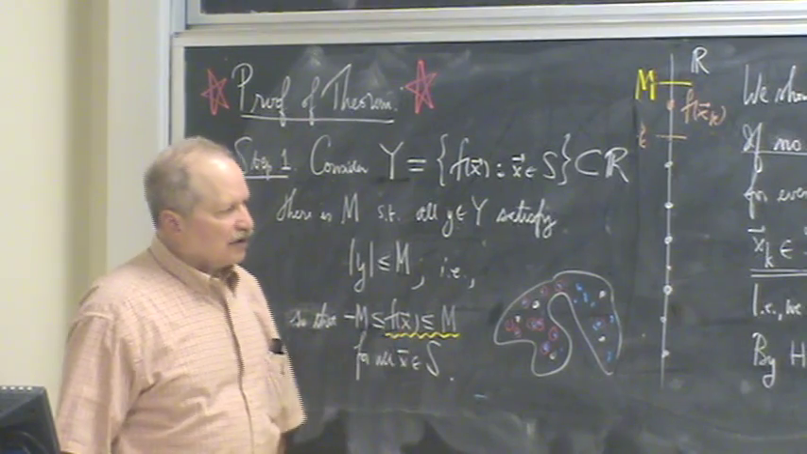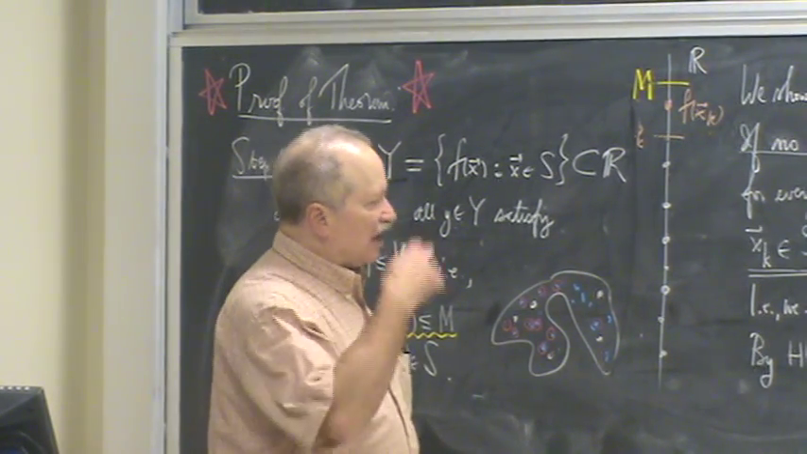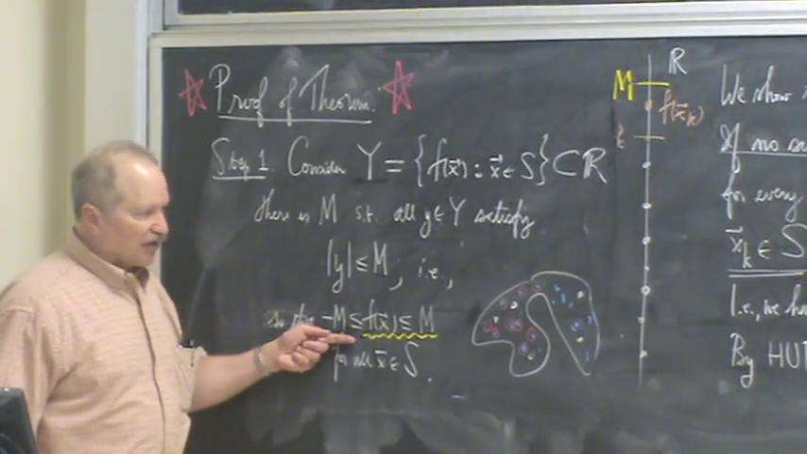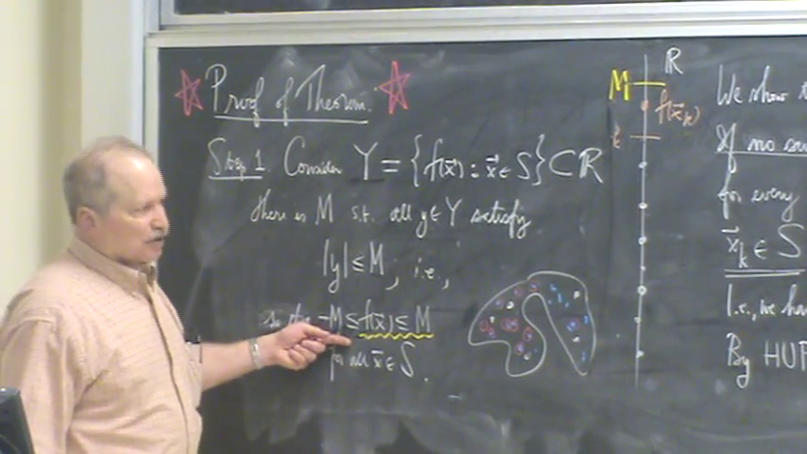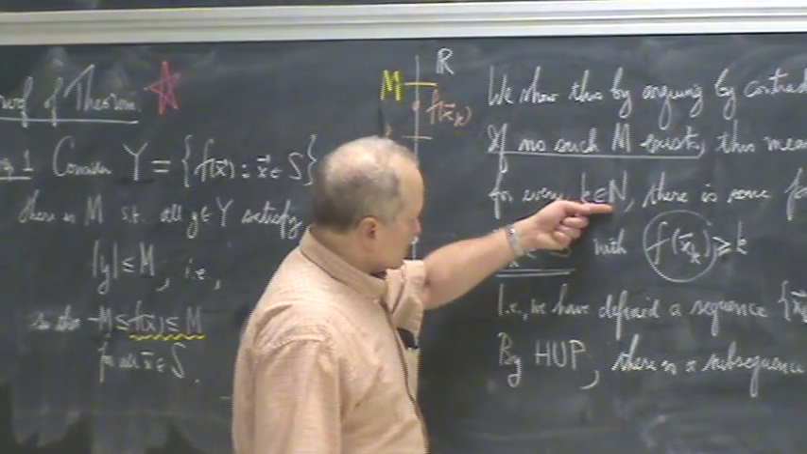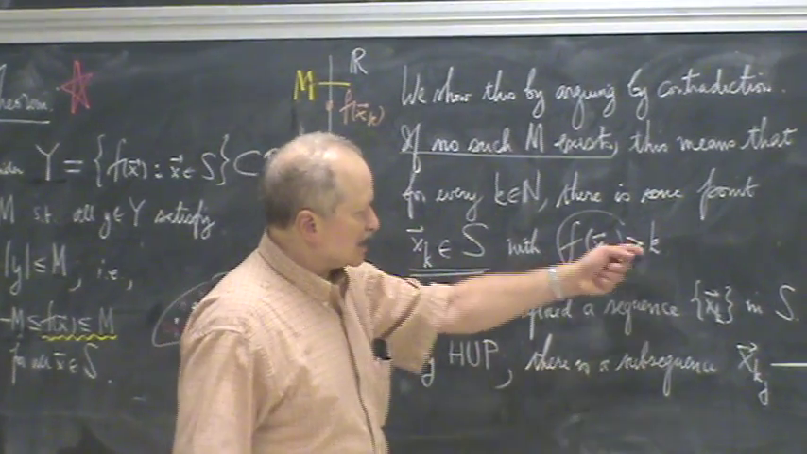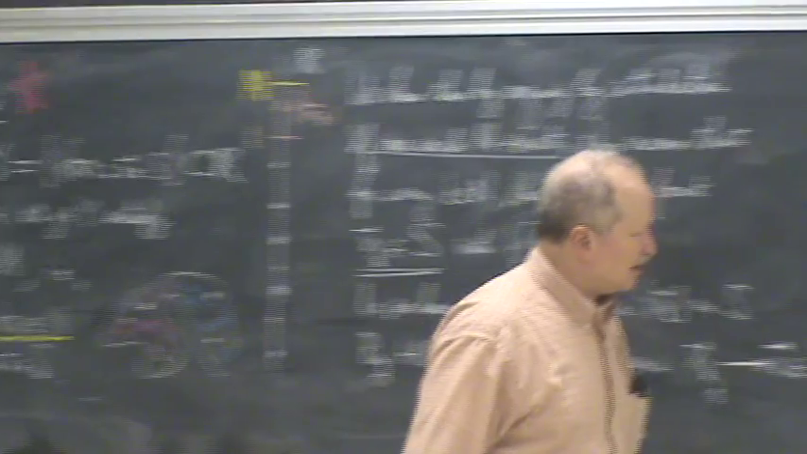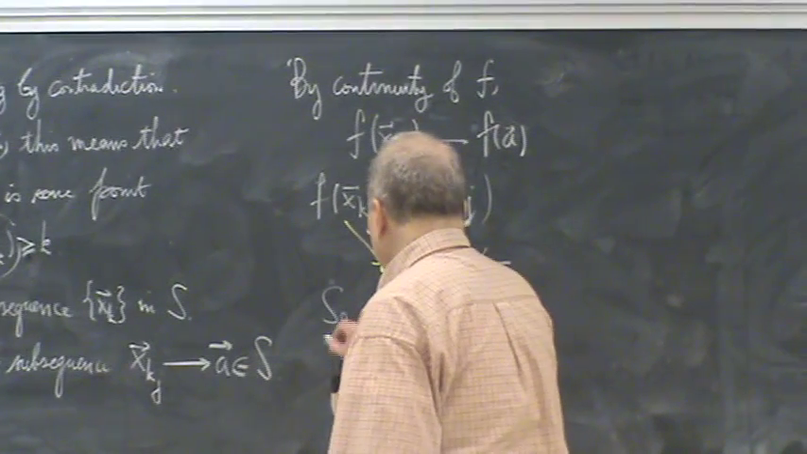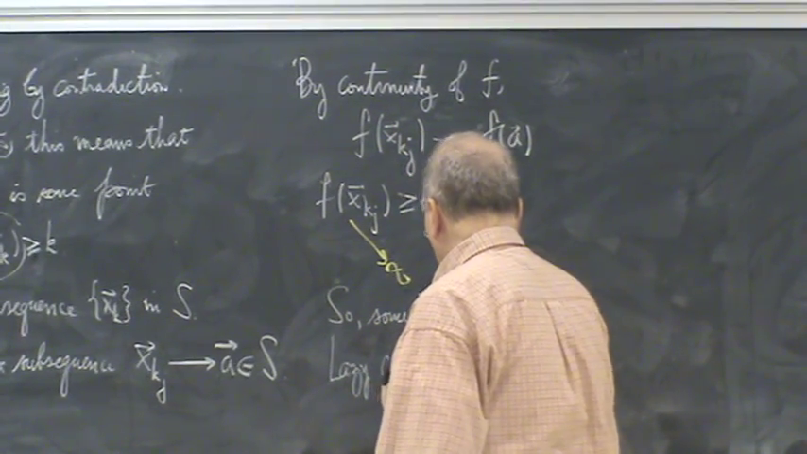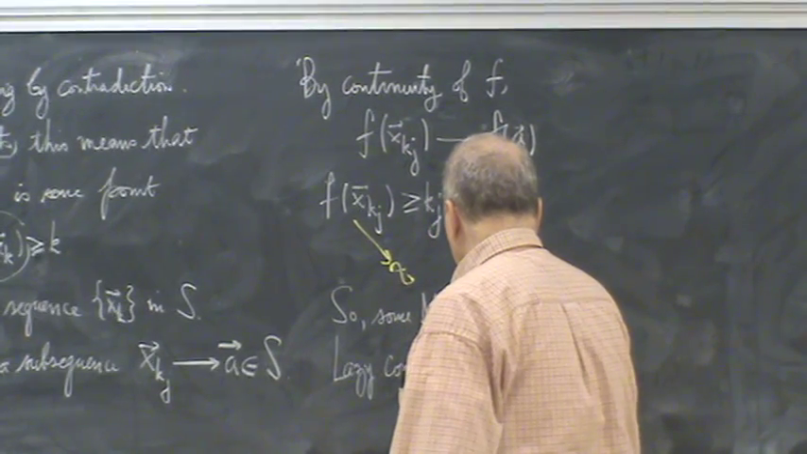You could start all over and repeat the argument and switch it to why there's a bound on the lower end. You could say, well, if there weren't on the bottom end, then for every positive integer, there's some point where the function is less than or equal to minus k, and you could go through the exact same argument. But a lazier way to complete this